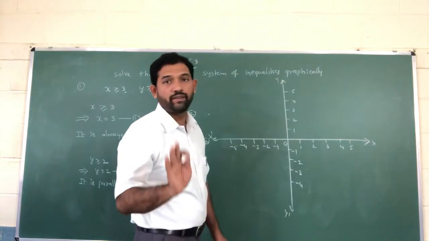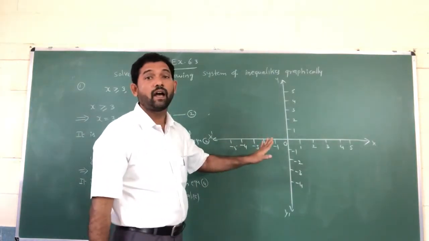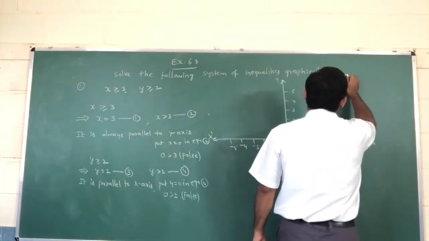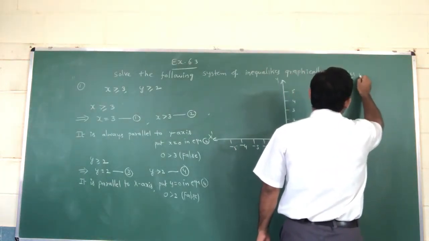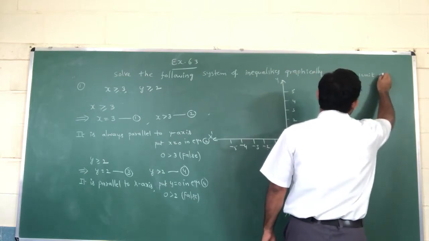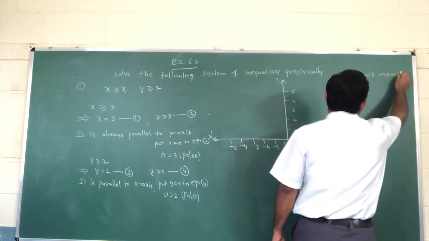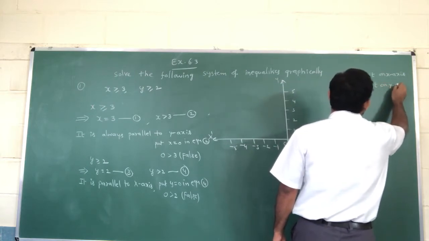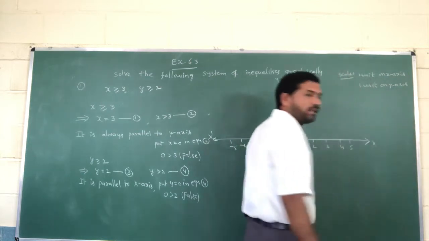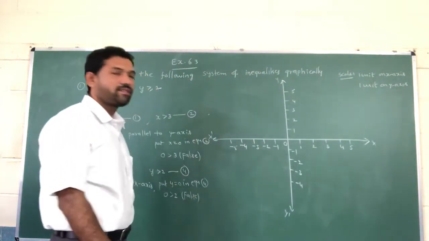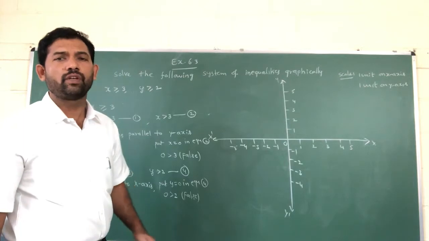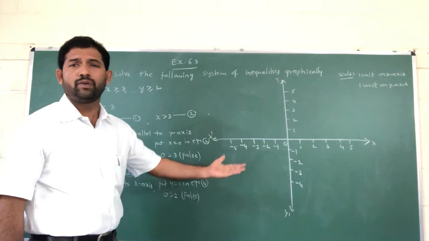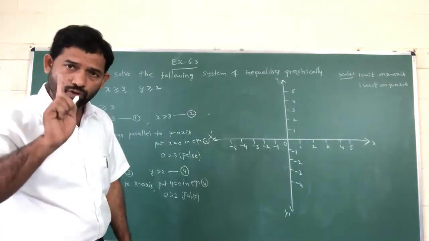After that, as I said very clearly, you should write the scale of this graph. What is the scale? 1 unit on the x-axis and 1 unit on the y-axis. You must write that scale. Everybody feels confusion here, so every time you should take 1, 2, 3 only for now.